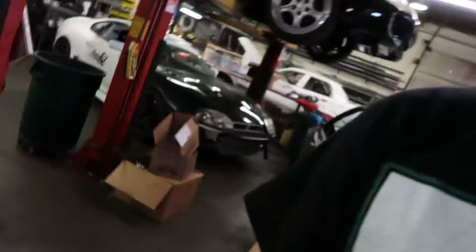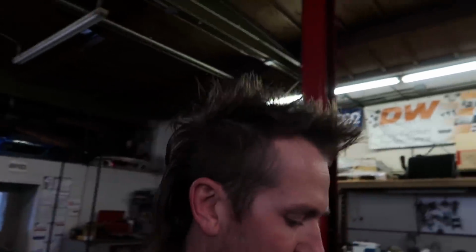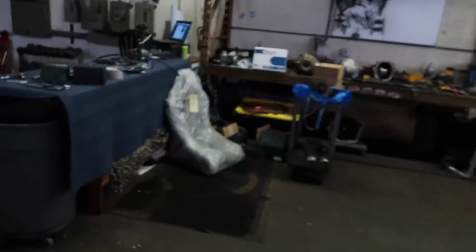But on this, since there's no surge tank, you just have your one pump going, and then the second pump comes on when boost starts, and that gives you the peace of mind to go above 600 horsepower with the E85. Okay, going back over here,